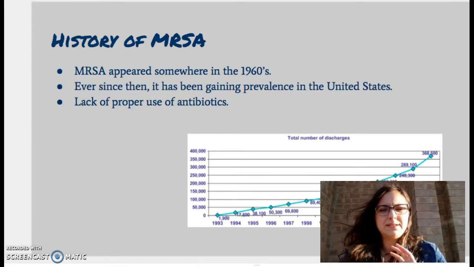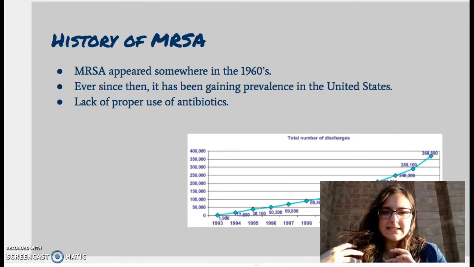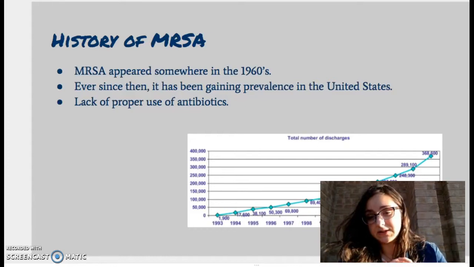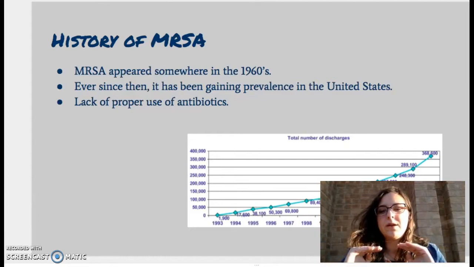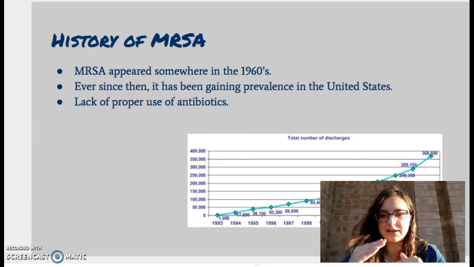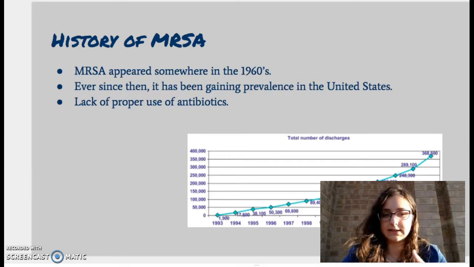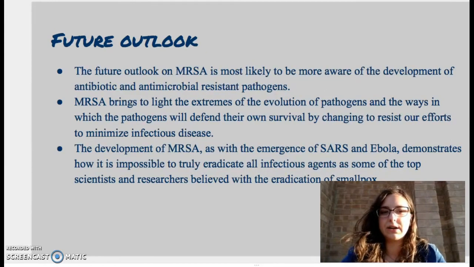So one of the reasons for this prevalence, as we talked about in class with the development of antibiotic-resistant bacteria, is the lack of proper use of antibiotics. There are people who will be given antibiotics by a doctor, but stop that treatment before it's meant to be over. So you have that low percent of the antibiotic in your system that's not enough to kill the bacteria, but at the same time you have that bacteria still present, so you give them an opportunity to develop immunity against it. So the future outlook for MRSA